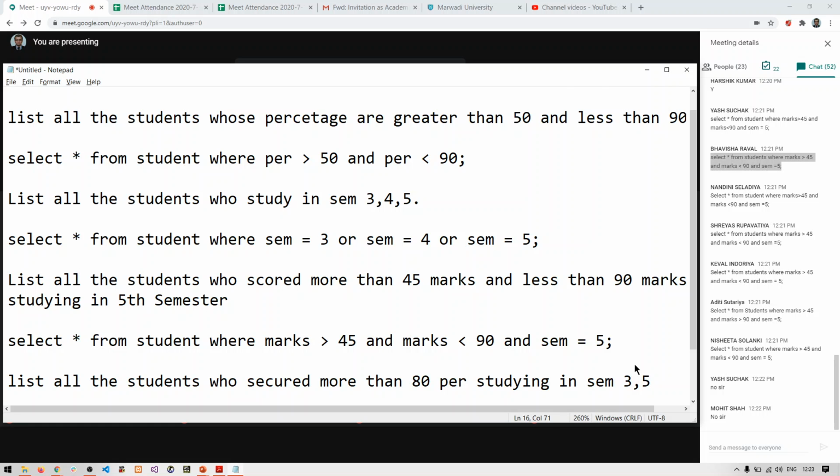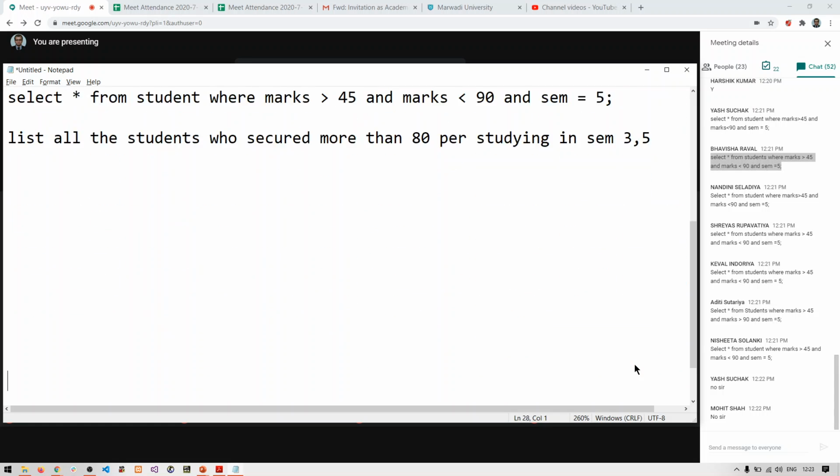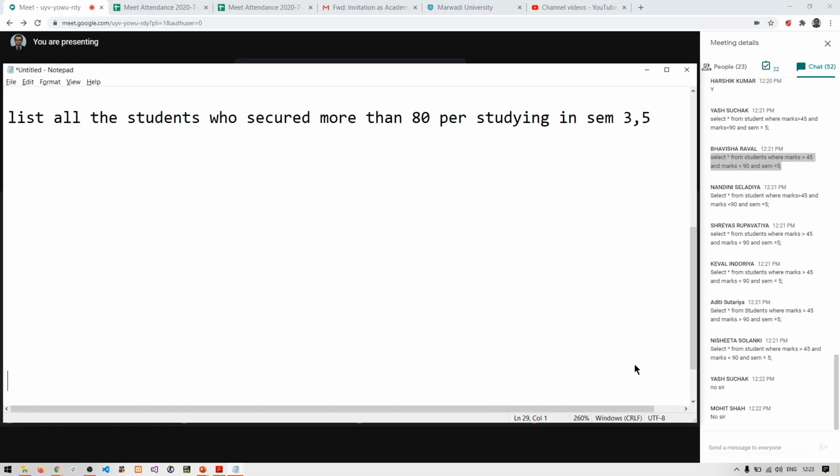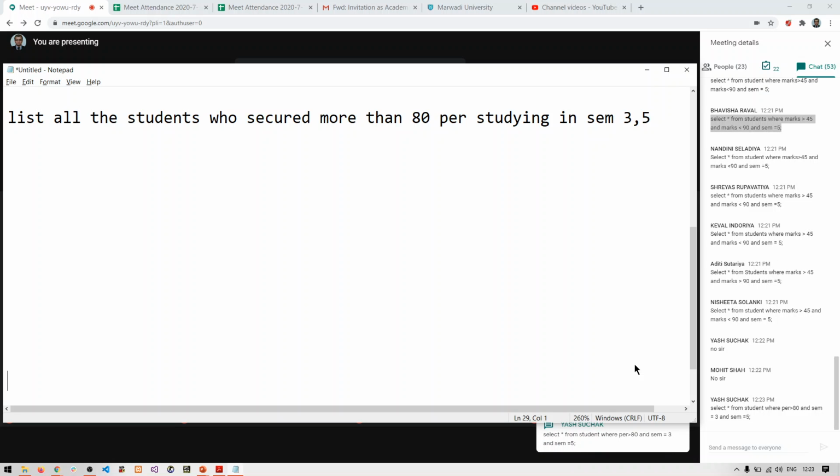Give me the answer for this. List all the students who secured more than 80 percentage studying in semester 3, 5.